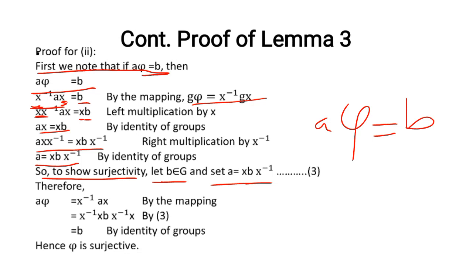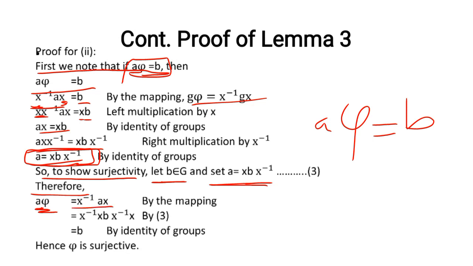How did we get the A? By simply taking it that, yes, we know that A phi is equal to B. Did you see that? So with that, I haven't sought for A. You just say, oh, we are ready to show surjectivity. You say, let B be in G and set A to be this. Therefore, see what happens. What is A phi? A phi would just be